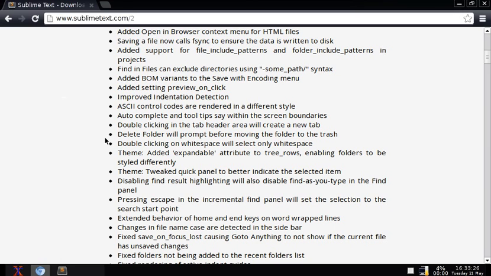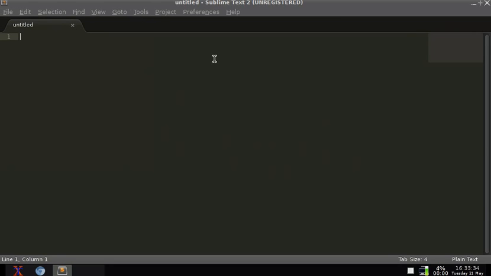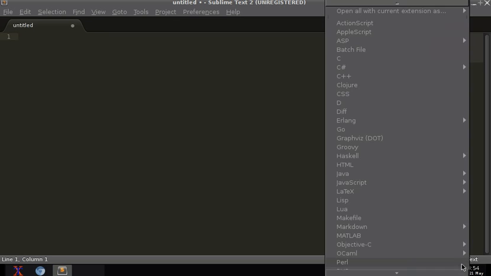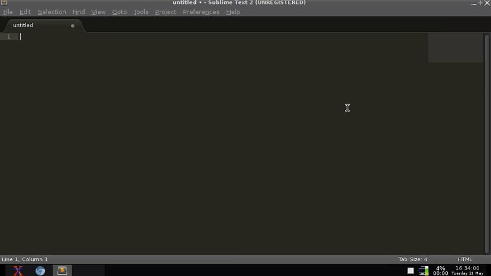I'm going to switch over to Sublime, and do File, New. The first thing, and this is super basic in every programming language, even though this is a markup language, is to change it from plain text down here to HTML, and then put hello world. Then I will do File, Save As,